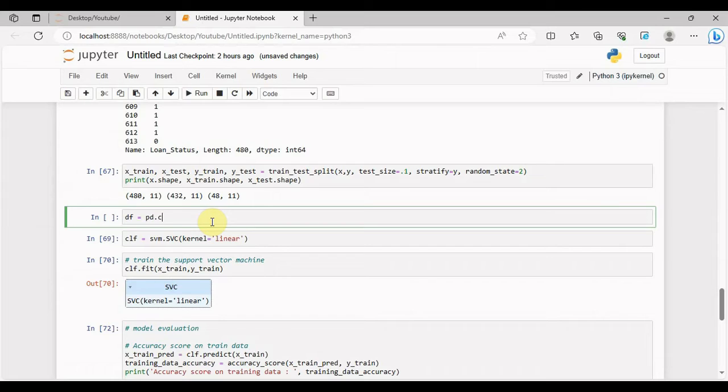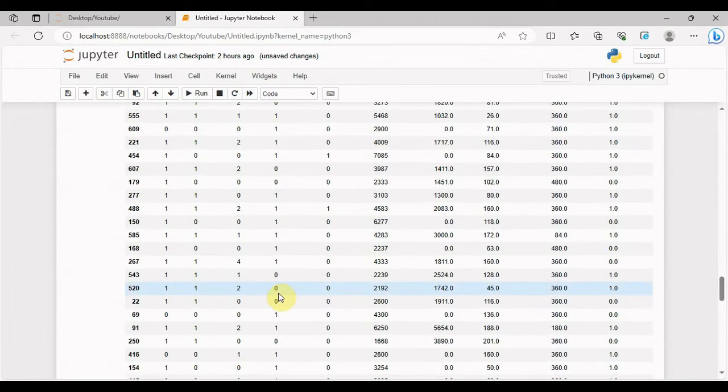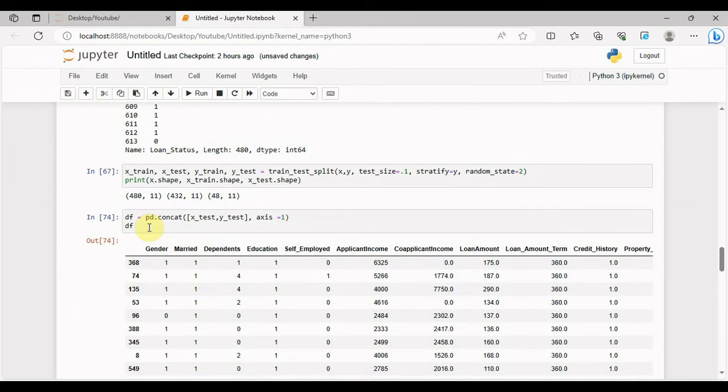So pd.concat x test, y test, set the axis to 1. So I'm adding the y test series to the x test data frame along the columns, and let's take a look at that. Let me just look at the top 5. So run that,